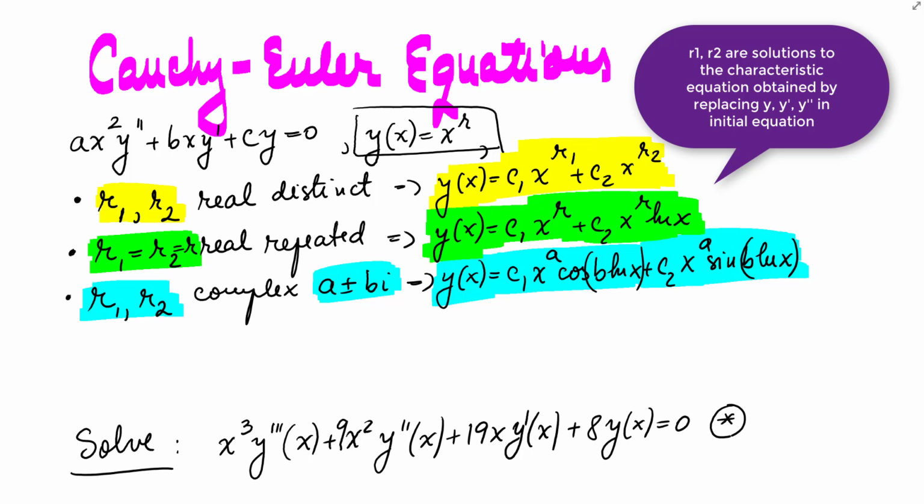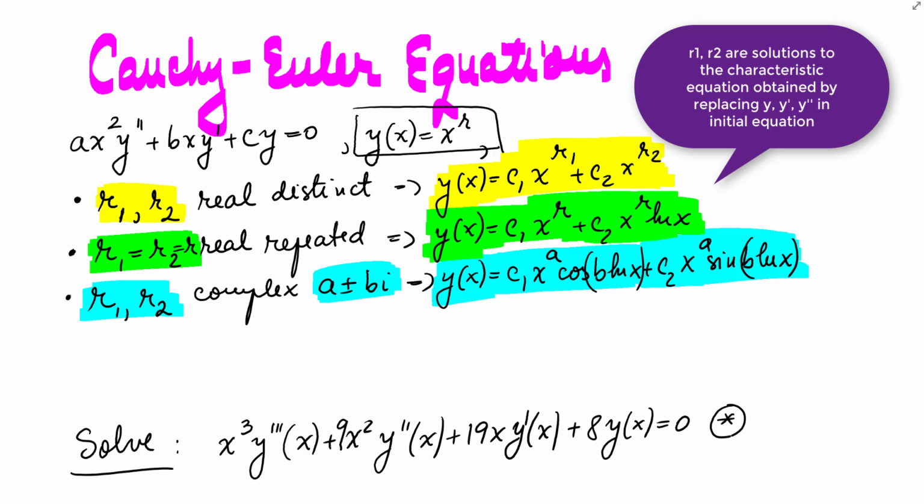If r1 and r2 are real distinct solutions, then the solution is of the format y of x equals c1 x to r1 plus c2 x to r2. If r1 equals r2 equals r, which means real and repeated, y of x is of the format c1 x to the r plus c2 x to the r ln of